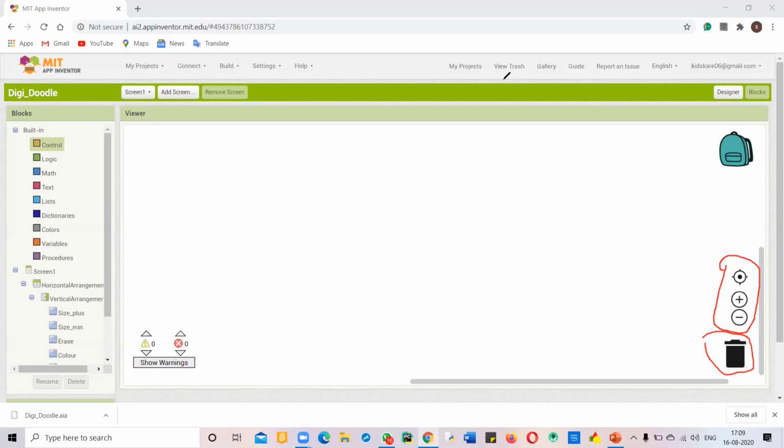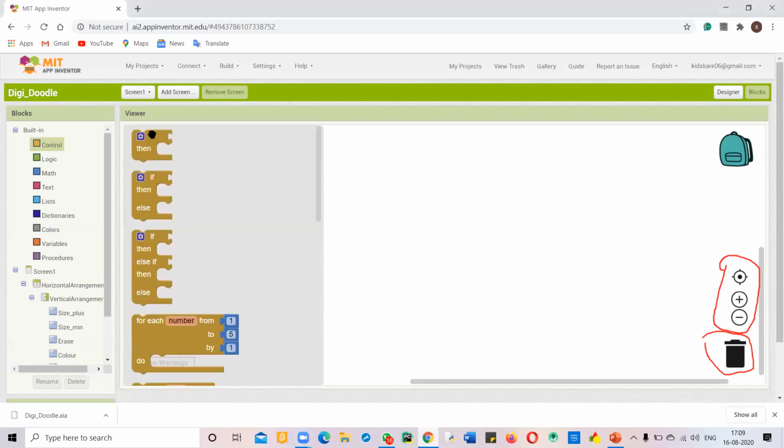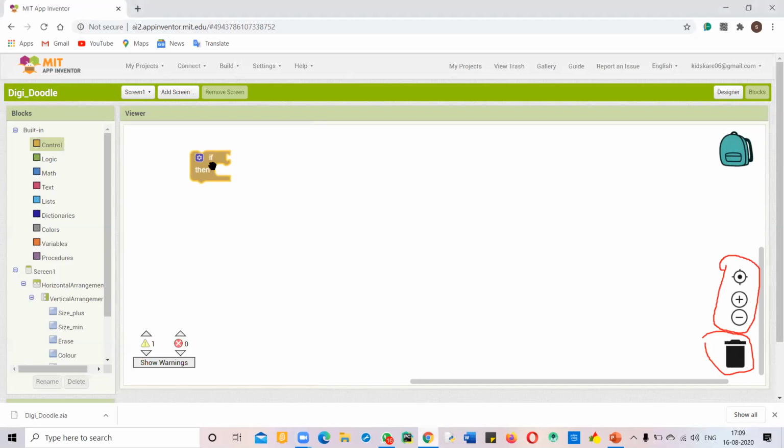If you want to delete something, like suppose I by mistake drop this block into my coding window and now I want to delete it, there is a shortcut key: you can just click on the block and click delete or backspace. And one more way, you can just drop it onto the dustbin, and when the lid opens, you can drop it and it will be deleted.